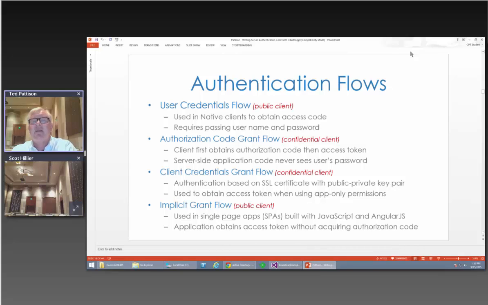And the idea is the client first obtains an authorization code and then uses it to get an access token. We're going to see that has a lot of benefits. There's a client credentials flow. If you've done SharePoint app development and you know about app-only permissions, client credentials flow is pretty much the same thing. It's when the client authenticates with the authorization server, but not with user identity, with the application identity. And at the very end, we're going to look at something called the implicit grant flow, which is used for